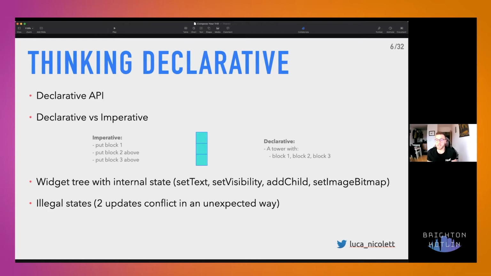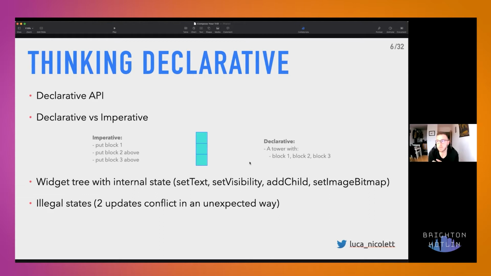So I told you about a paradigm shift that is required to start developing with Jetpack Compose. Jetpack Compose provides a declarative API. So the shift needed is from the imperative mindset that almost every Android developer has to a declarative one. Usually imperative and declarative are used side by side to give a better understanding of what changes between the two.